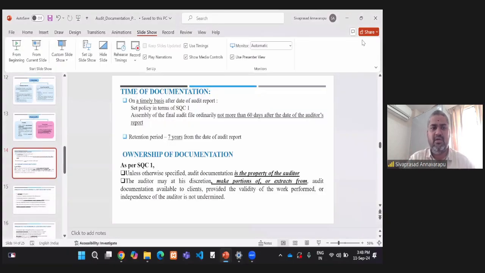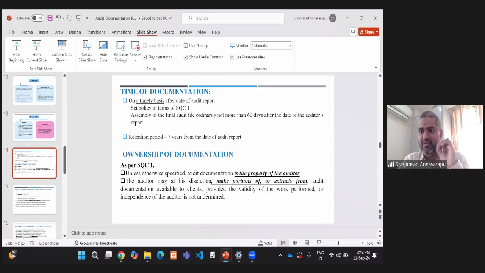So this is what the auditing standard says about what is audit documentation, what has to go into it, what factors are important, how it has to be organized, and then what changes are permitted and what changes are not permitted. Now, we all know we are racing against time. The time at our disposal is very, very limited. And then the very idea that we have to document it after the completion of the audit, that itself is redundant. So unless we are documenting it on a real-time basis through some automation, because the technological advancement on the side of the auditee's world is so huge. The technological advancement of the regulator is so huge.